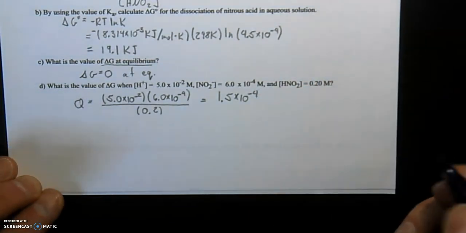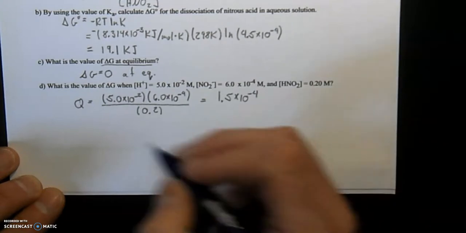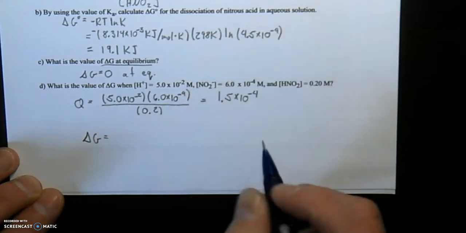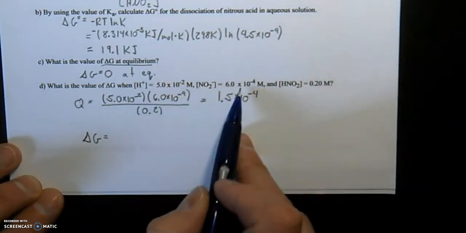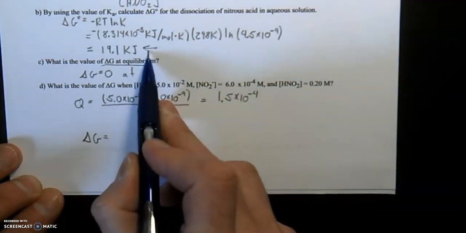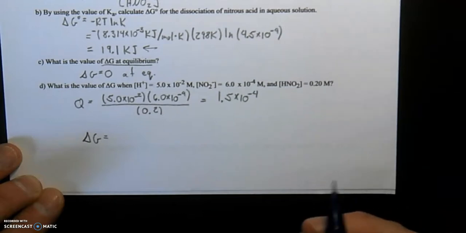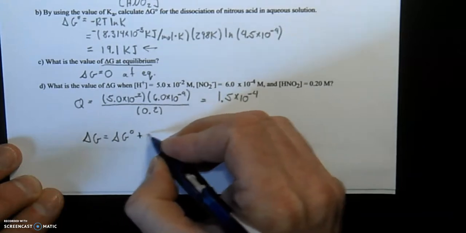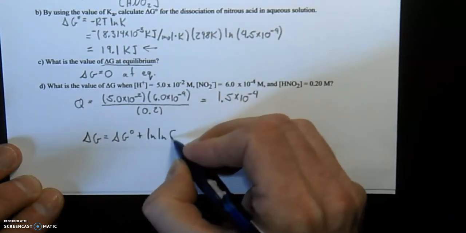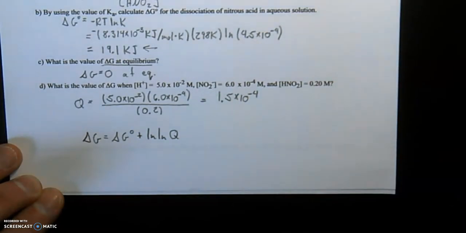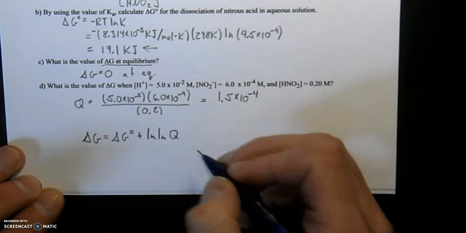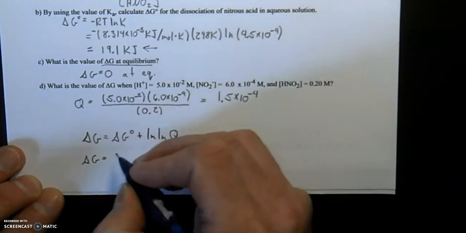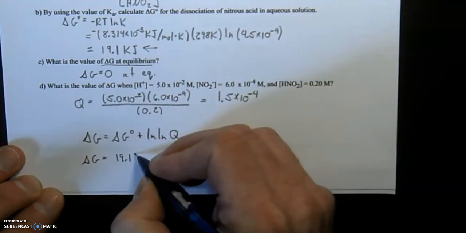All right, so we have this information. And again, we have previous information, and we want to figure out what it is at these non-standard conditions. But we have standard conditions right there. So we're going to incorporate this into the non-standard equation right here and solve for it with the Q information we just got. Okay, so again, we use this under non-standard conditions. Solving for this, we have 19.1 kilojoules